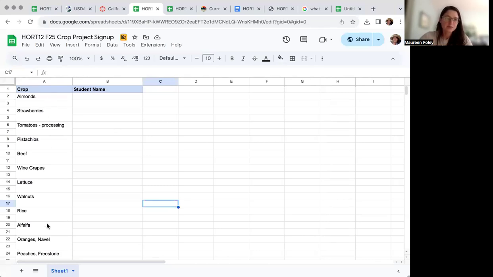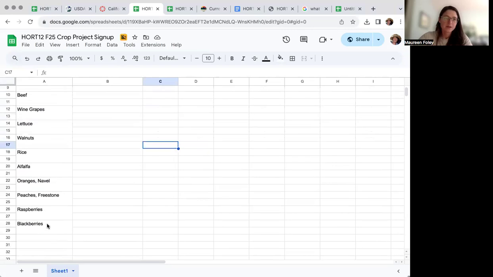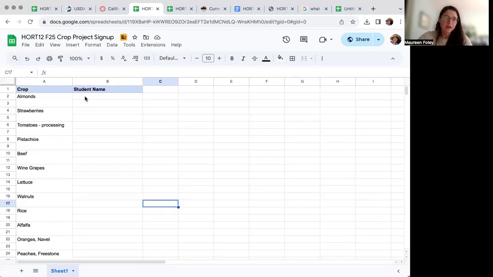These are the crops in column A that you have to choose from. And then you will pick one and put your name in column B. Now I'd like for us to just have 2 people per crop so that we don't have a bunch of people doing the same thing. 2 people per crop. We have 30 people in the class and only 14 crops. So that means that 2 people